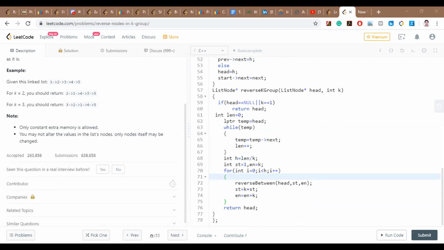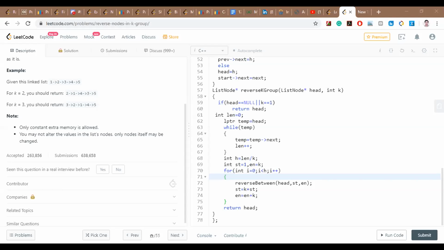Because this is only in groups of k, we insert after the dummy node k times, then go ahead k nodes and start pushing there. But I'm not using any dummy head. Suppose the length is 5, so I took one parameter, len, equal to 5.